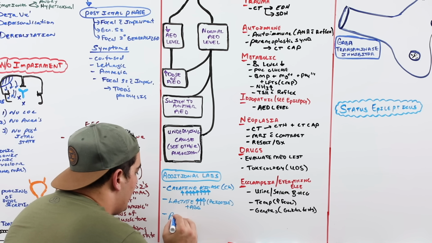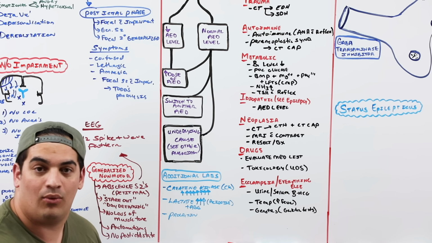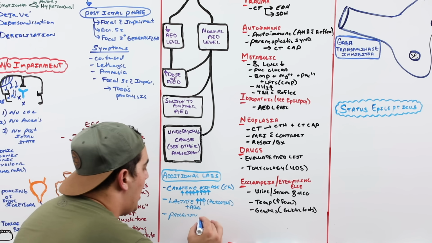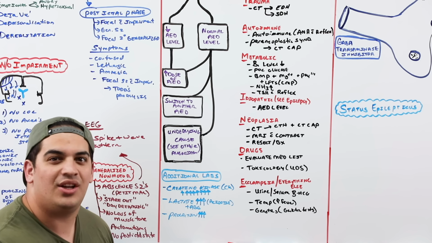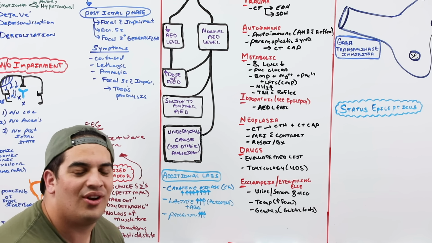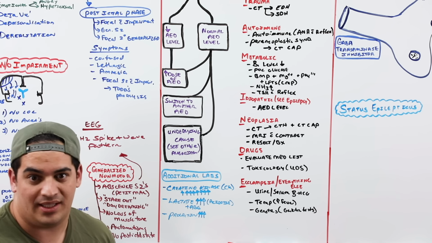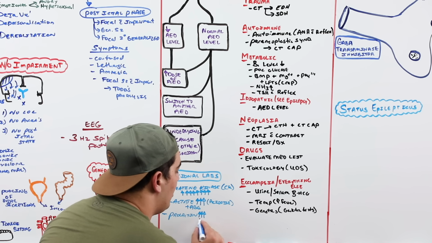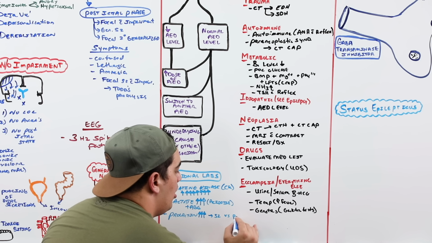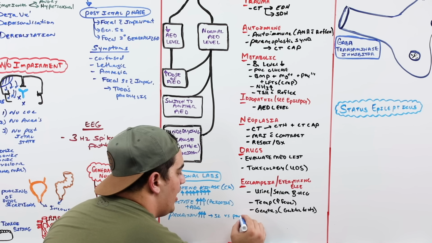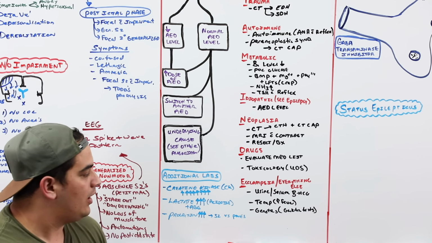Another thing to add on is prolactin. You're probably like, what the heck? I'm not spilling milk out. Well, what does this have to do with anything? Sometimes prolactin levels, if they're elevated and a patient comes in with seizures, but you're not sure, is this a real seizure or is this a pseudo seizure, a psychogenic non-epileptic seizure? Prolactin levels, if they're elevated, more suggest seizure versus psychogenic non-epileptic seizures, also called pseudo seizures.